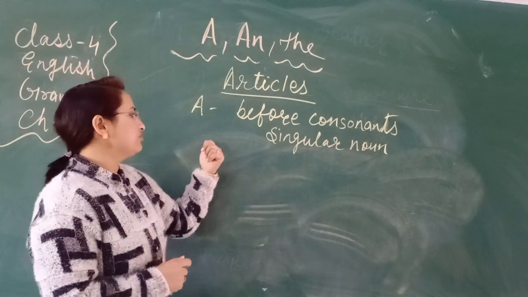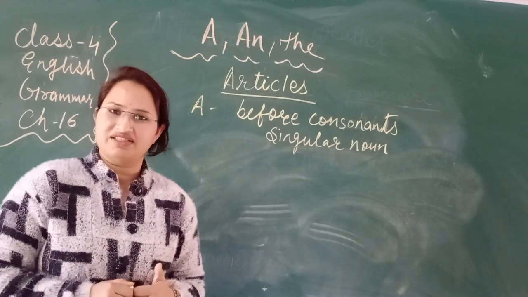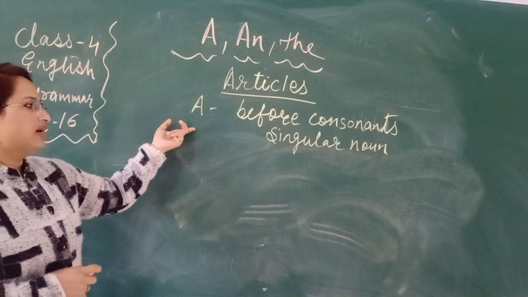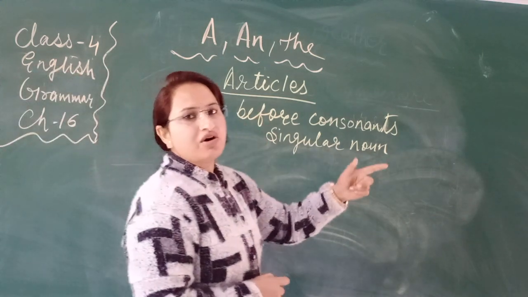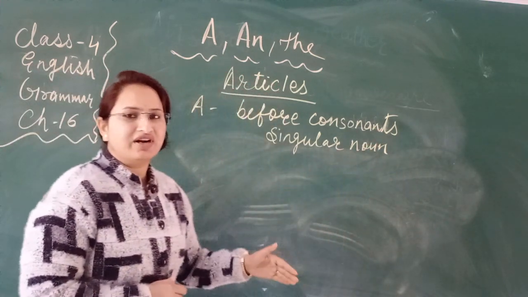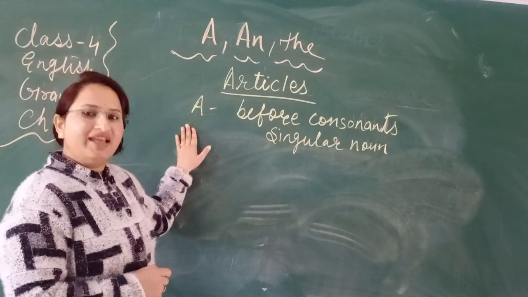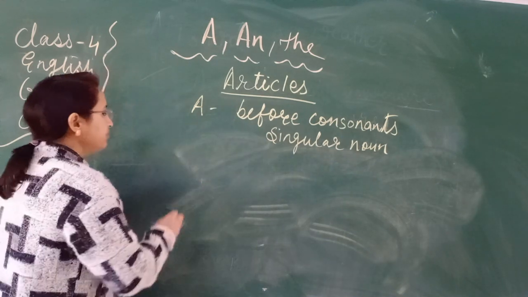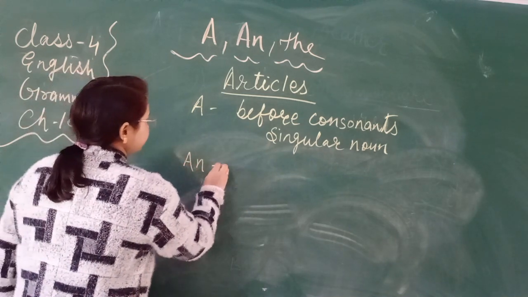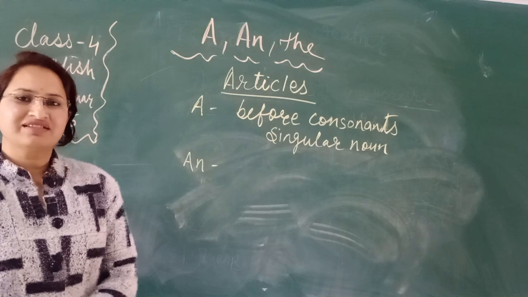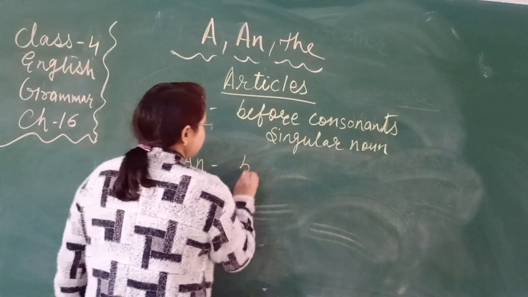आर्टिकल किसके साथ यूज होंगे? ओनली सिंगुलर नाउन के साथ. सो क्लियर अबाउट इट. आर्टिकल ए का यूज होता है बिफोर कॉन्सोनेंट वर्ड्स और कॉन्सोनेंट साउंड वर्ड्स विथ सिंगुलर नाउन. नाउ मूव टुवर्ड्स आर्टिकल एन. आर्टिकल एन कब यूज होता है? बिफोर वोवेल